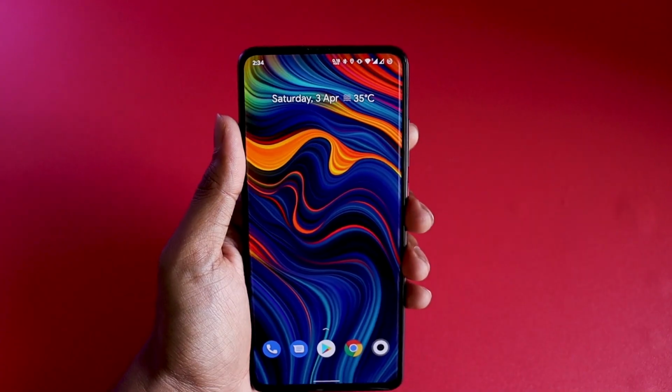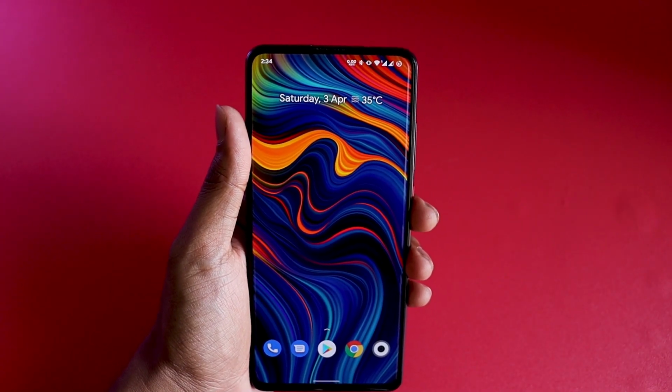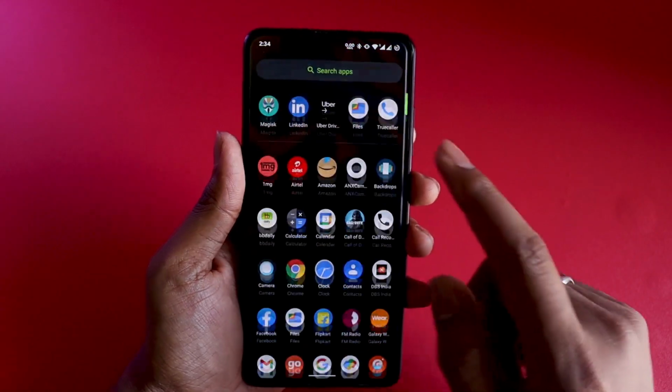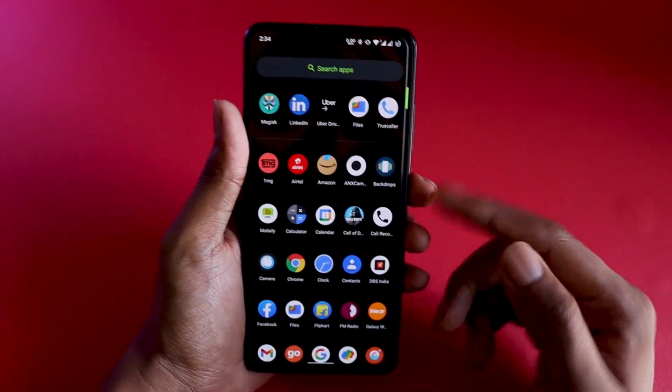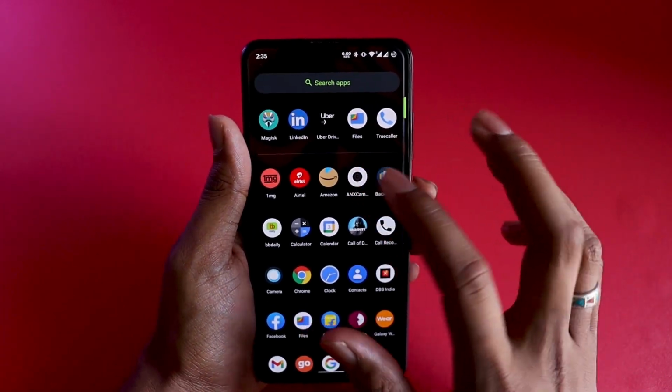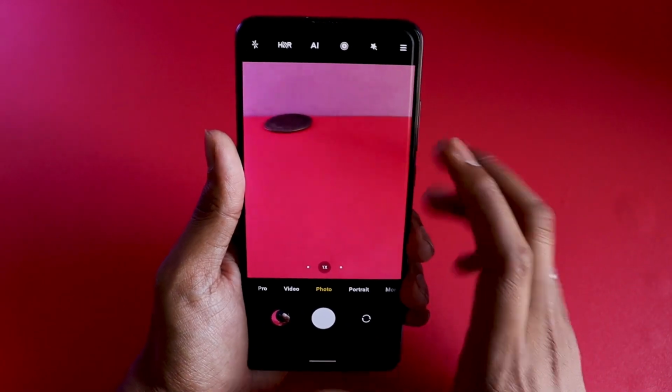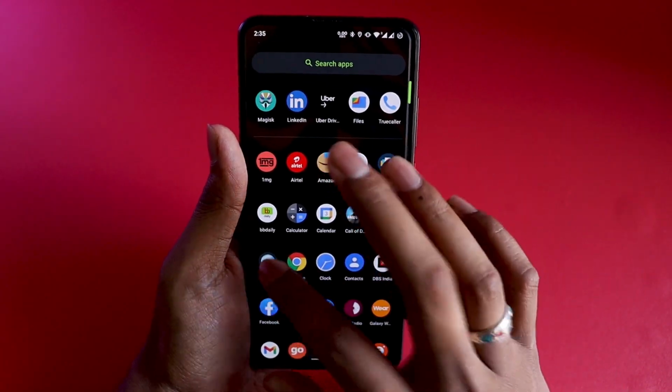And now for the comparison, let me share some camera samples of my stock camera versus ANX camera to show you better why you should opt for an ANX camera if you are going on a custom ROM and don't use the stock camera that comes with it.